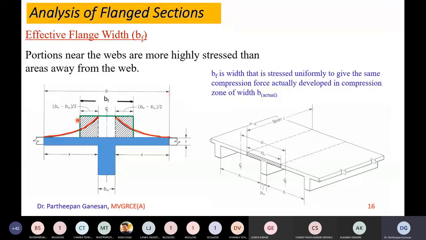Now over this width of the flange B, you will have the stress distribution something like this, compressive stress distribution something like this. But it is very tedious to analyze using this one. So we have approximated to a uniform stress distribution something like this, and that width is called the effective width of the flange. This we already discussed. So remember, BF is the effective width of the flange, BW is the width of the web or rib or stem, and DF is the thickness of the flange.